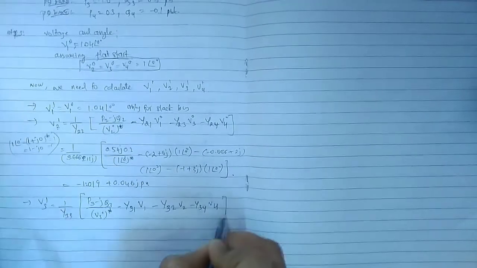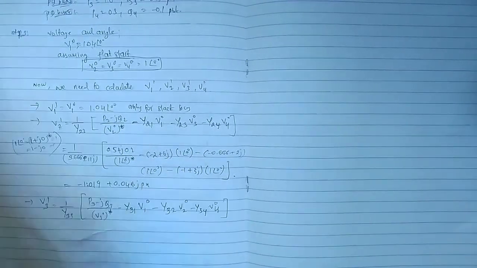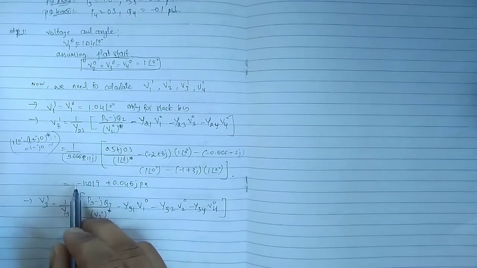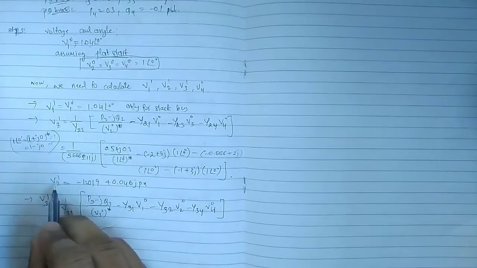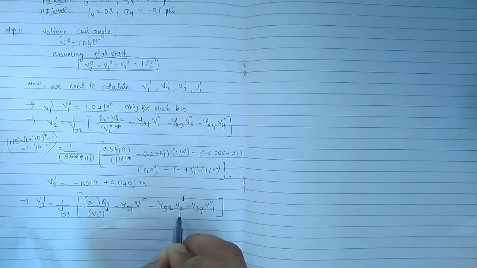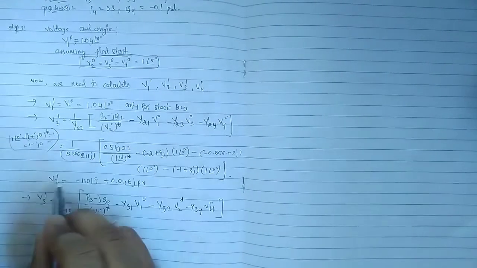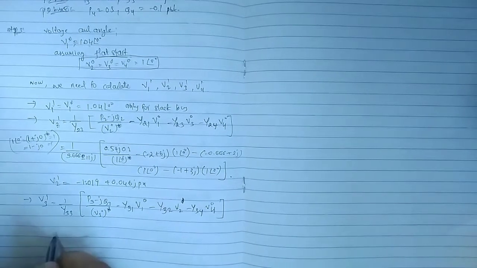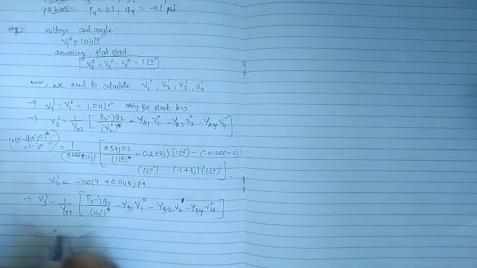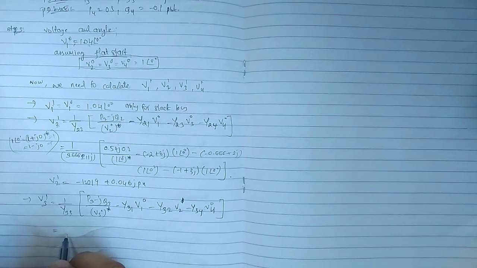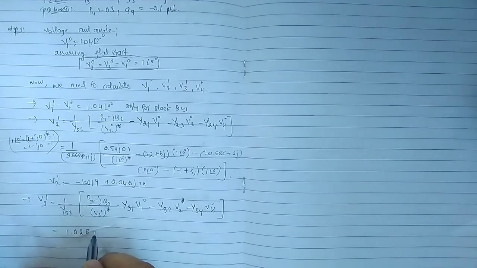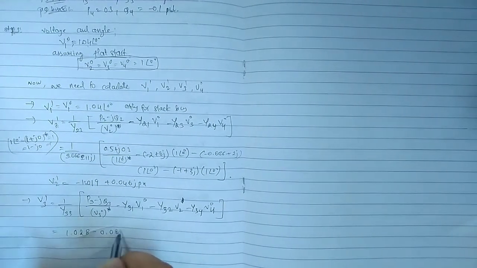Next V1, V2, V3 already there. Now we need to write V4. 0 0 0. But remember here, we have V2 of 0, but we have already calculated V2 of 1, right? So V2 of 1, we need to use this value. First we write all the zeros, but just now we have calculated V2 of 1, so now we need to update with the V2 of 1 value. Substitute all the values and we'll get the answer as 1.028 minus 0.087j pu.